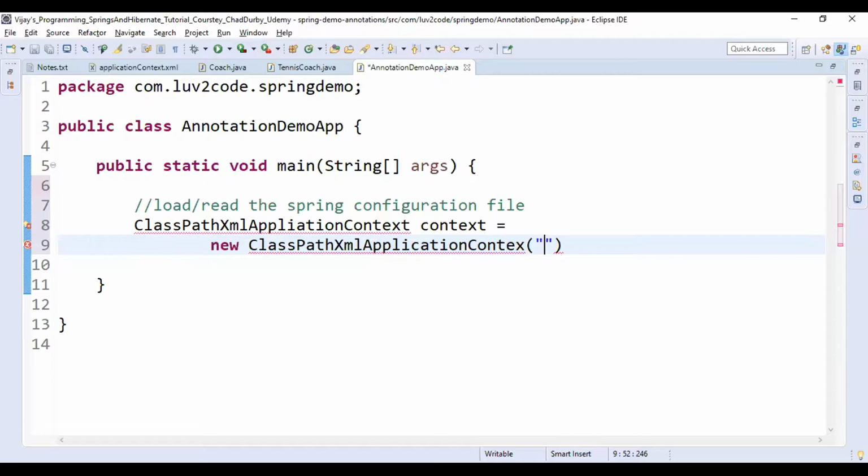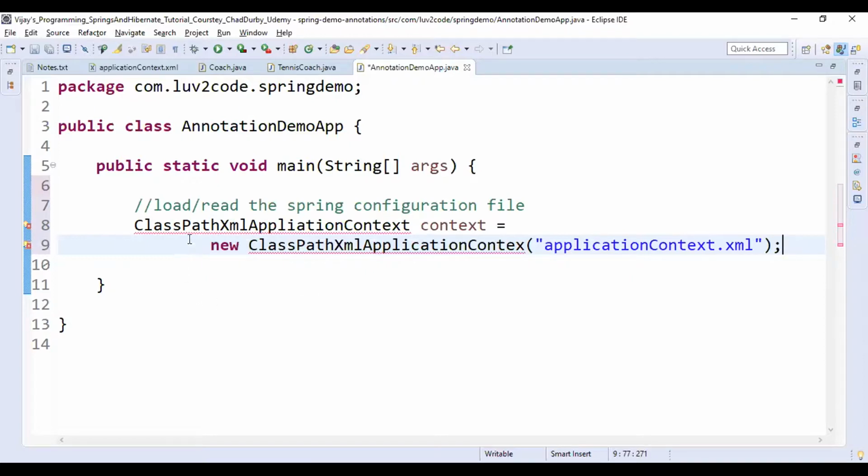What is the configuration file? That is applicationContext.xml. Give the semicolon and we are getting the error.